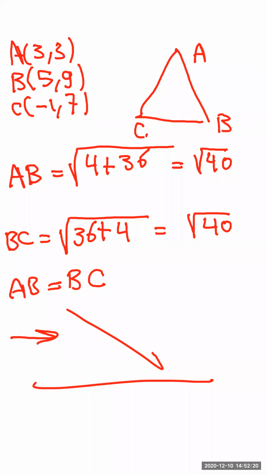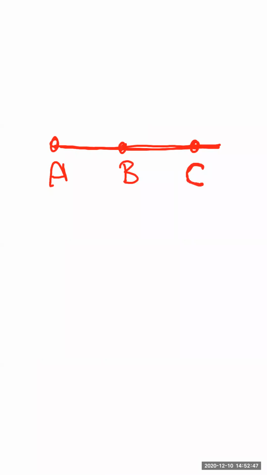Okay, great. The next point is how to prove that 3 points are collinear. Collinear means the 3 points lie on the same straight line, like A, B, C. This means collinear. So if there are 3 points like this and I want to prove that they are collinear,